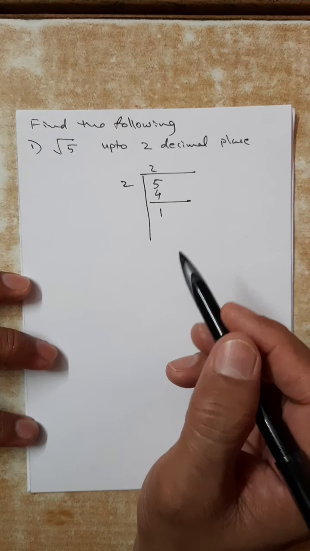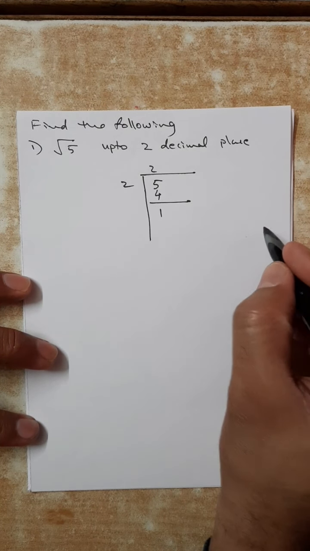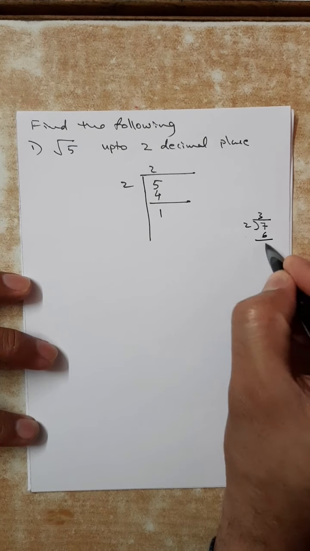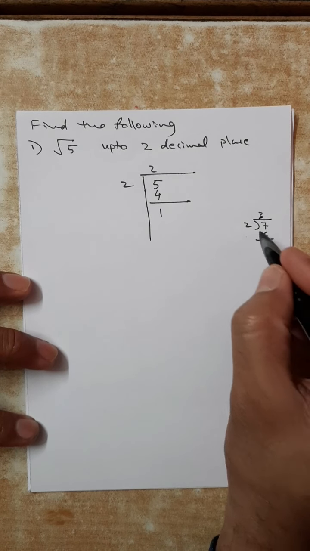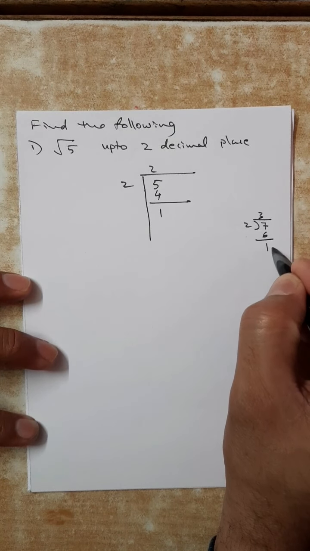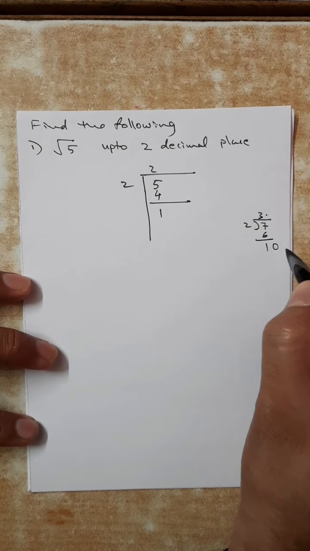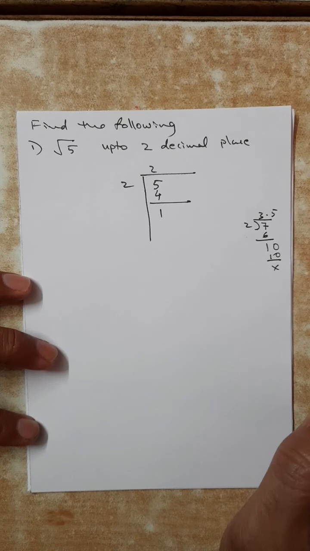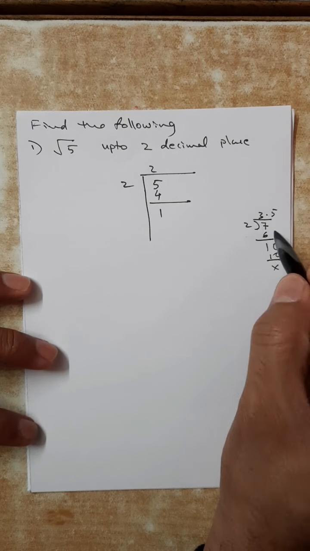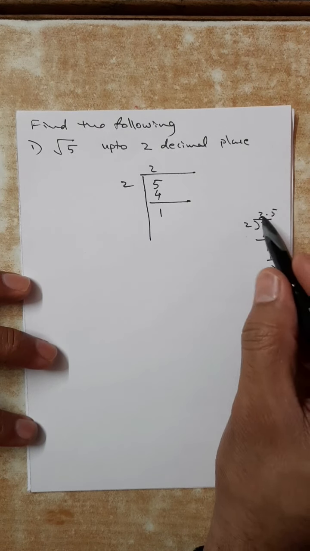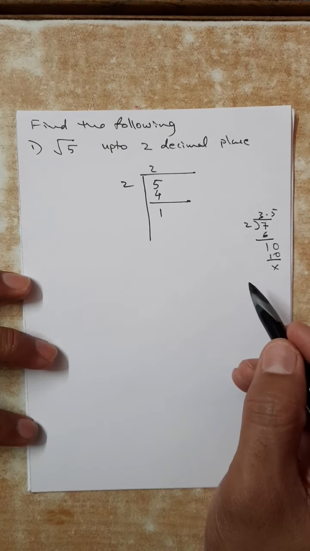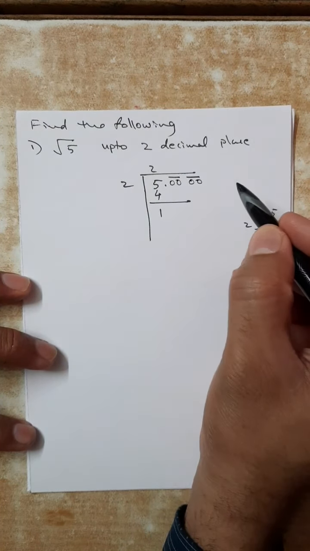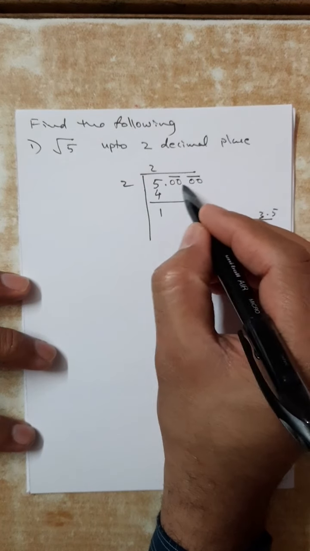So we can, like an ordinary division, like 7 upon 2. 2 3s are 6, balance 1. Now what to do? The question is to divide 7 by 2. So we can continue. We will put the pointer, then 2 5s are 10. So the answer is 3.5. We know how to proceed. After putting the pointer, we can bring the 0. We can give 1 1 0 after the decimal pointer. So same procedure, something like this. So 5 will be taken as 5.0000, 2 decimal places. So 2 groups we will write.